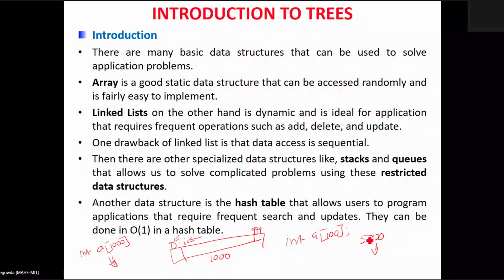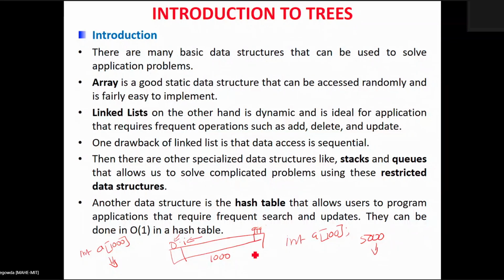The next application of arrays is that arrays can be used for sorting data elements. There are different sorting techniques. I think you might have come across some of these sorting techniques like bubble sort, insertion sort, selection sort, etc. These use arrays to store and sort the elements easily.